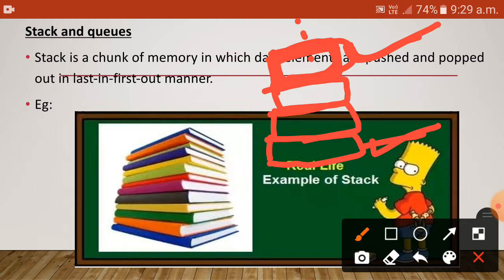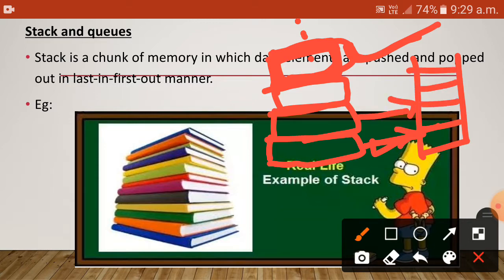Same like that, if we insert data into the stack, the elements are inserted from the bottom. Consider I inserted 10, 20, 30 and 40 into the stack. If I want to delete, this will be called the top.